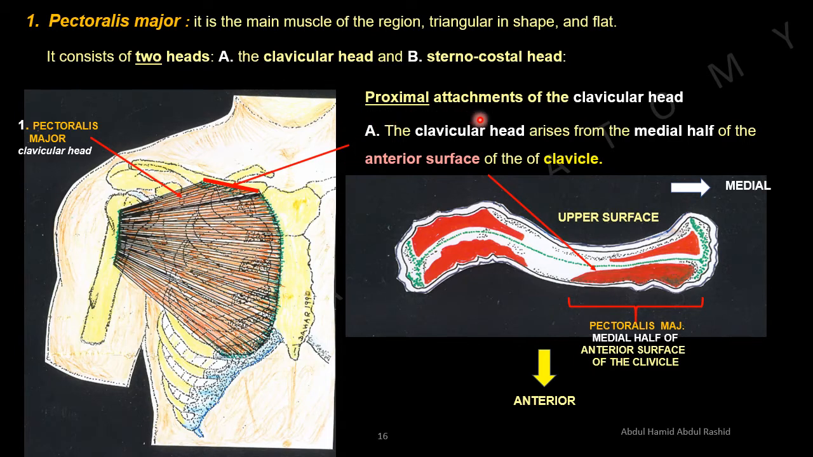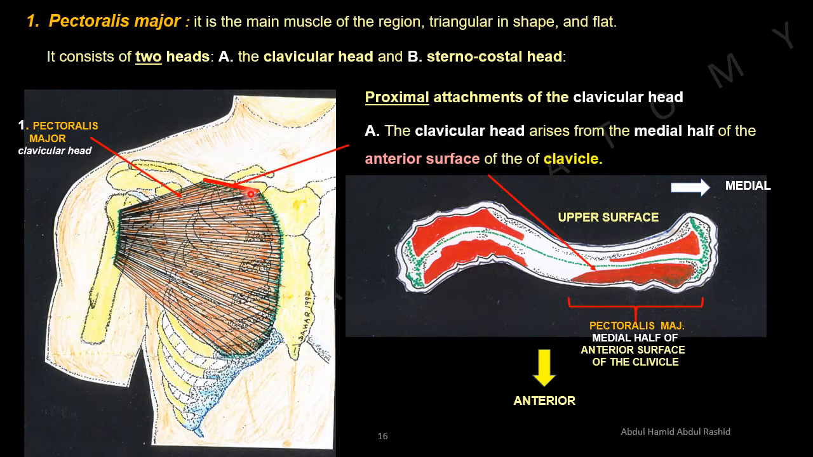Proximal attachments of the clavicular head. Number A, this area, proximal attachment or origin. The clavicular head arises from the medial half of the anterior surface of the clavicle. That is, this clavicular part of the pectoralis major muscle is arising from the medial half of the anterior surface